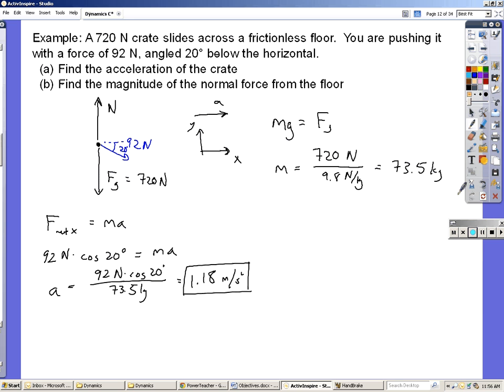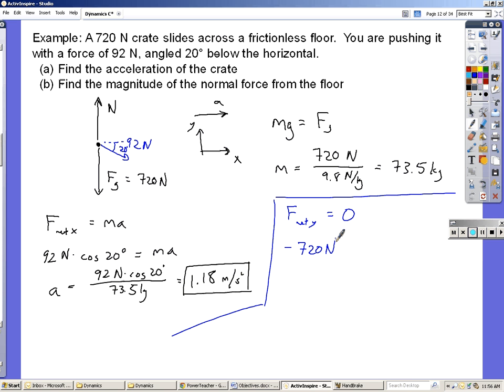Now for part B, what we're going to do is say, oh, well the normal force points in the y direction, and I know since the acceleration is in the x direction, I can say F net y is equal to 0, and use that to find n. And so I ask, okay, what are the y components of all the forces? Well, the weight force is easy. The weight force's y component is negative